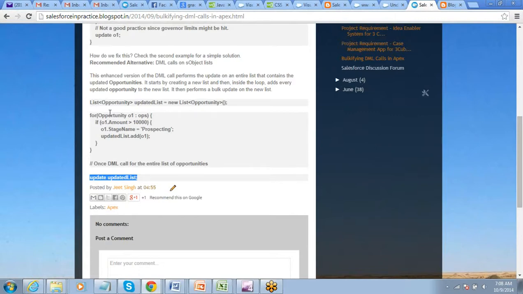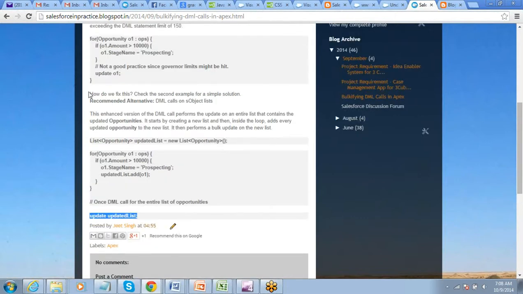Okay. Thank you. So this is a good way of writing the code. Gradually, the more you work on these things, you will start getting an idea. Now, whenever you write code, try and keep these things in mind: can my operation hit the governor limit? If I am putting something inside a loop or something, even if it is not within the loop, see, this is where you have not even put it inside the loop.